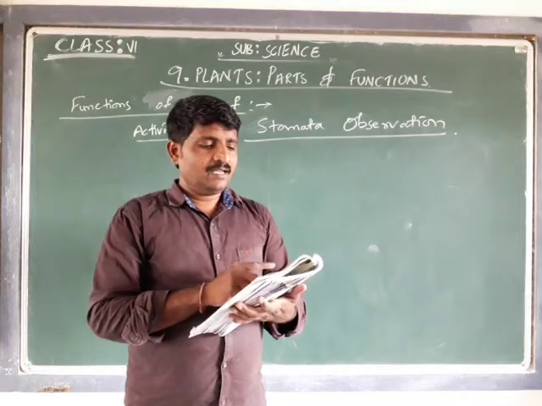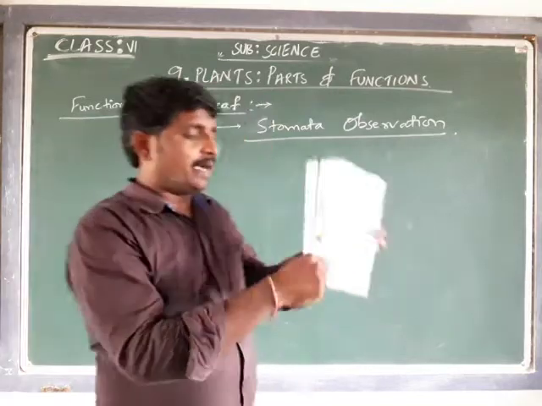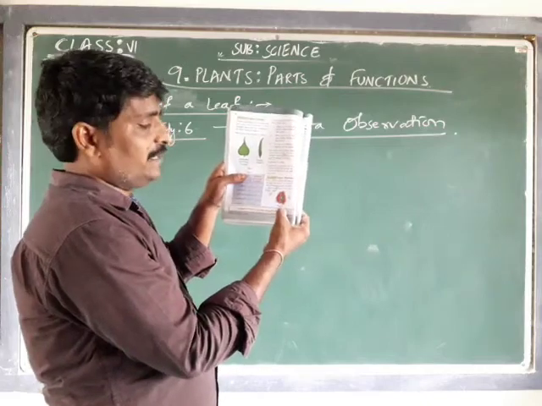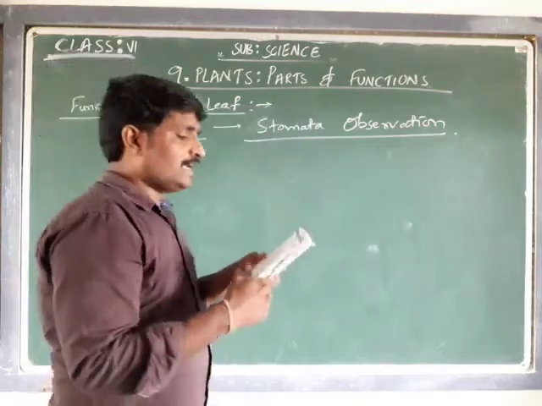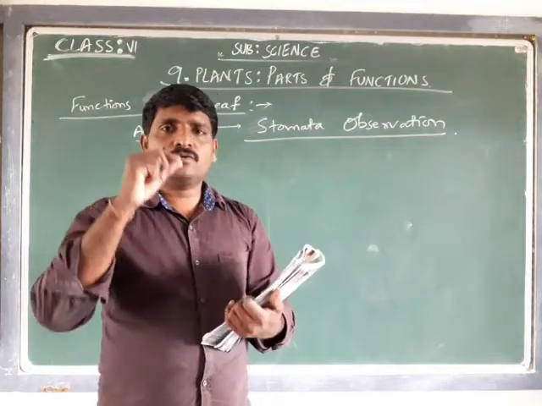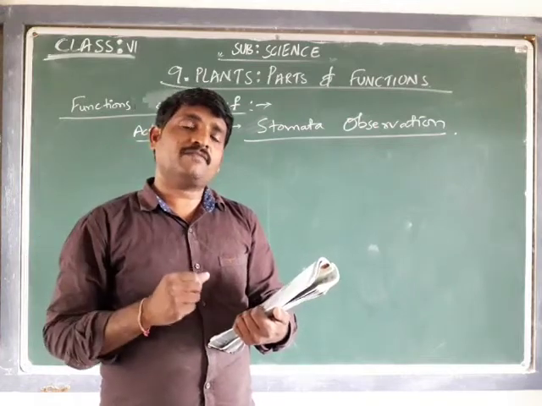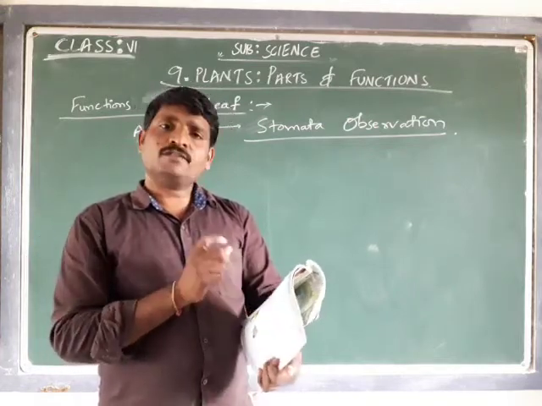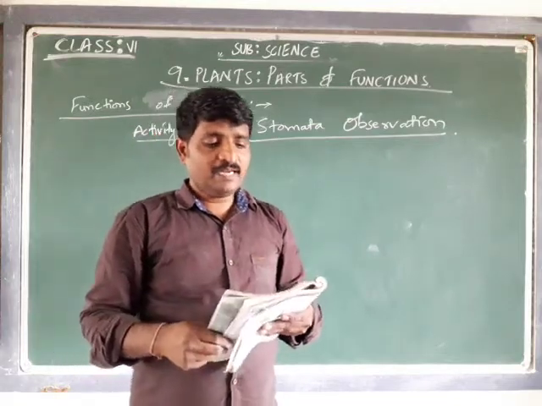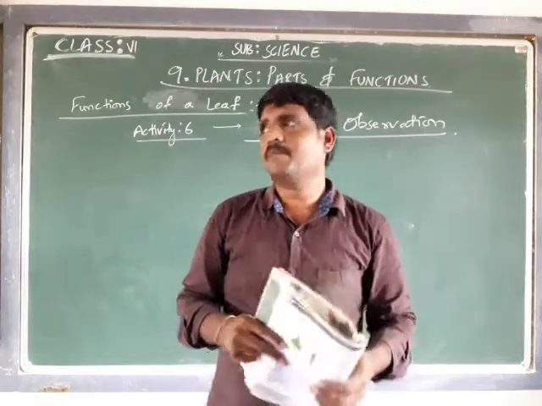The bean shaped part that we see in the leaf acts like our nose. The bean shaped part, whatever we observe under the microscope in the leaf, which is given in figure number 7, is acting like our nose. These are called stomata. The bean shape which acts like our nose is called a stomata of the leaf. It is useful in the exchange of gases between the plants and the atmosphere.